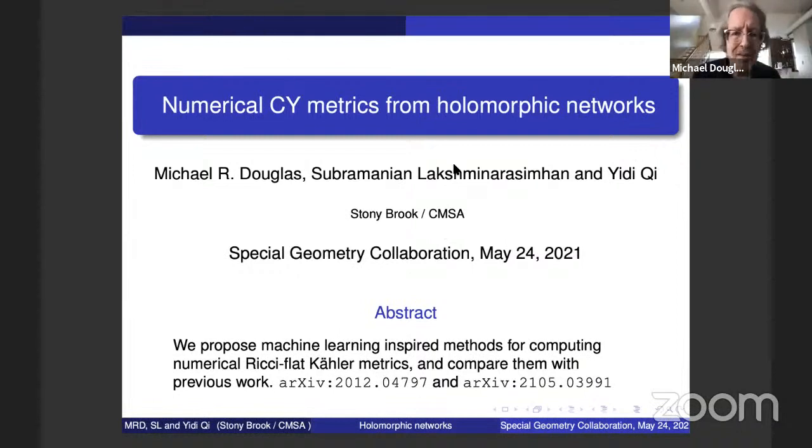Yes, thanks, Robert. Thanks, everyone, for the invitation. I'm going to be talking about joint work with students from Stony Brook, Subramanian and Lakshman Narasimhan, and a third student, Tudor Chobanu, who began the project with us but tragically died before its completion. So this is work in one of the papers in his memory. And there's a second paper, which I put out very recently, which is a more mathematically oriented summary of parts